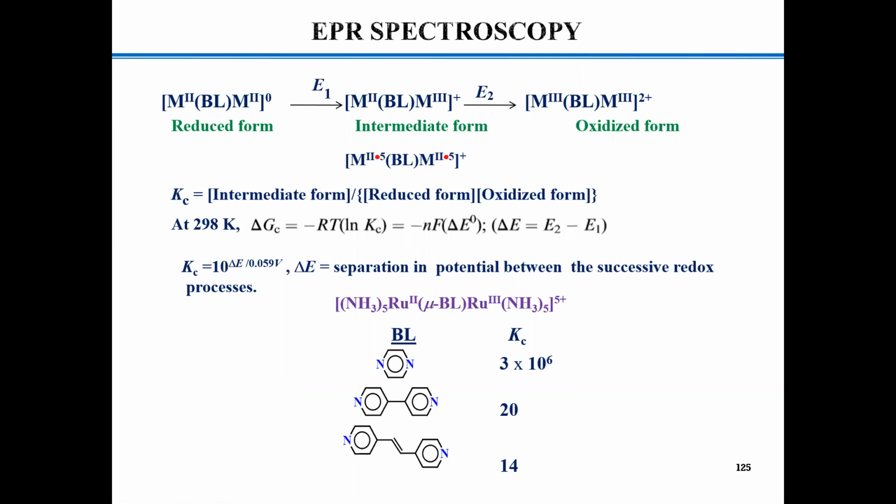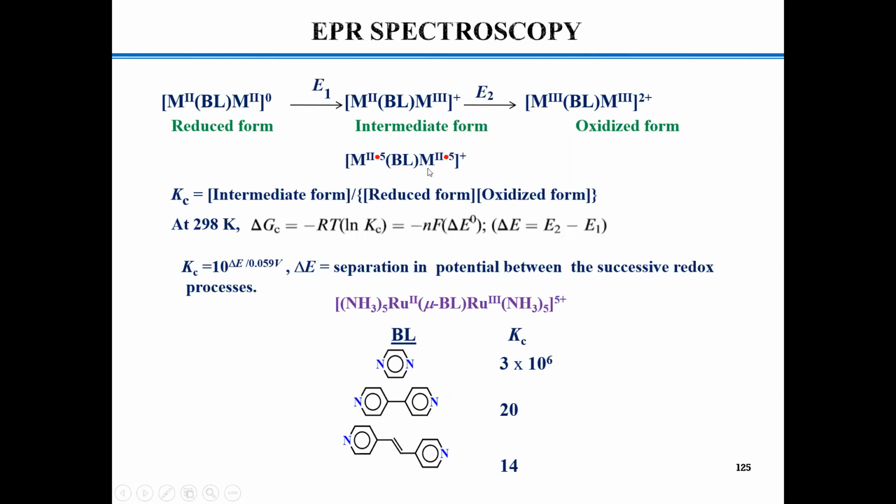But if 2 electron transfer takes place in a sequential fashion, that means you are passing through the mixed valence situation. And normally the mixed valence situation is not a stable situation. You have to trap it in solution. Okay, and there are ways to trap it. But Creutz-Taube ion, that's why it got the Nobel Prize in the beginning, because it's a stable form. Okay, very accidental discovery, but good discovery. Anyway, here you can have this form, or you can have a delocalized form, the way I said in